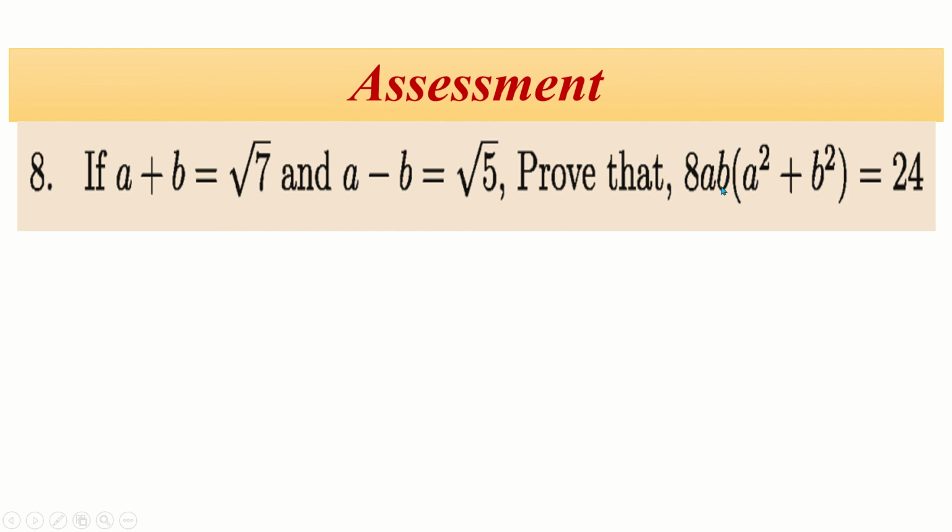ab is equal to, we can write, (a plus b by 2) whole square minus (a minus b by 2) whole square, and a square plus b square is equal to, we know, (a plus b) whole square plus (a minus b) whole square divided by 2. Just you have to put the value of a plus b and a minus b, and you will get the result, no problem. Okay,